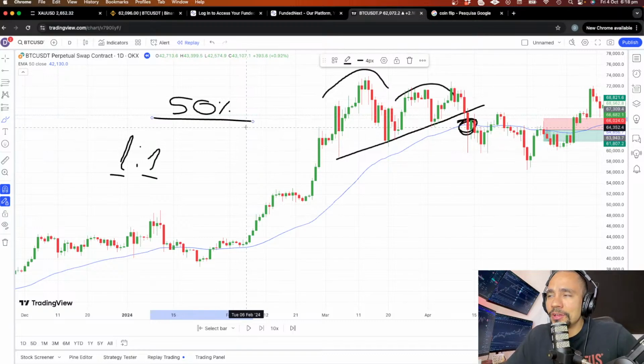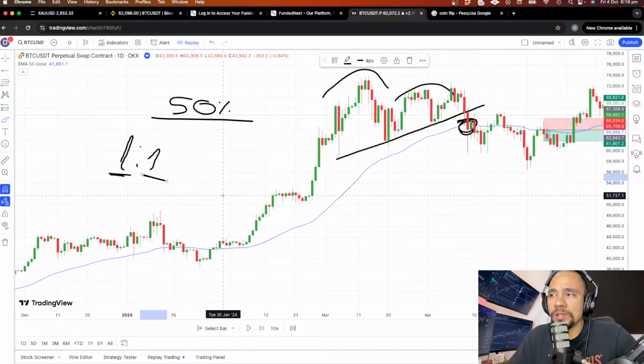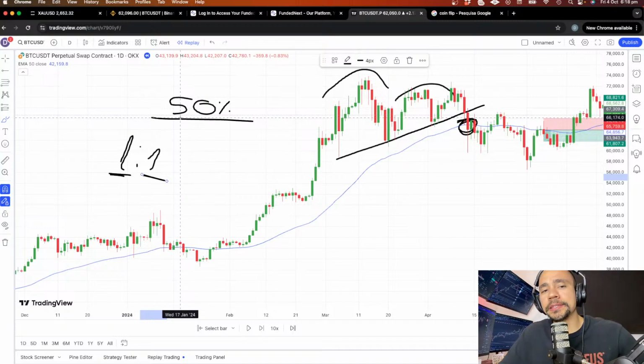So if you don't have at least a 50% chance, we should not take the trade. Because again, we are using a 1-to-1 risk reward, so we need at least 50%. And there, guys, it's a little bit of maths, but it's not too complicated. I'm just touching a little bit on a concept called expected value.